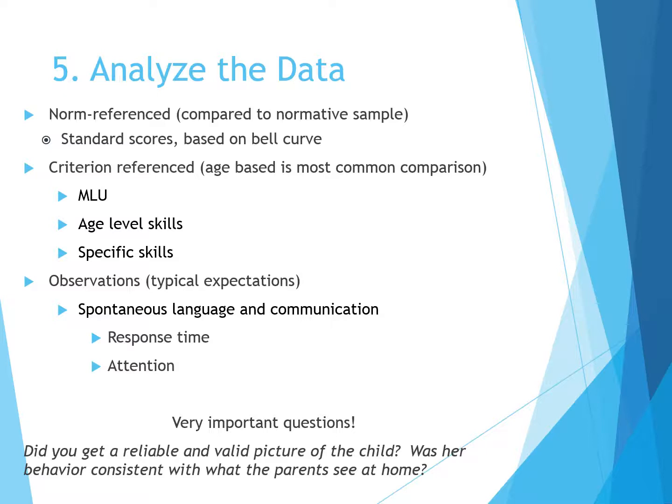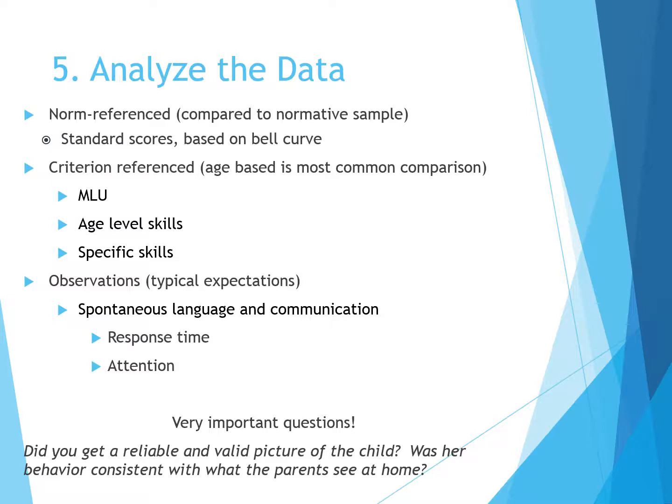So what that means is that if the mean is 100, then any scores between 85 and 115 are considered within normal limits. So the test manual will give you procedures of how to score the test and analyze the child's performance. And if that is not the mean and the standard deviation, then it will spell everything out in the test manual. For the criterion referenced assessment, of course, you will compare the child to developmental norms or age-based standards,